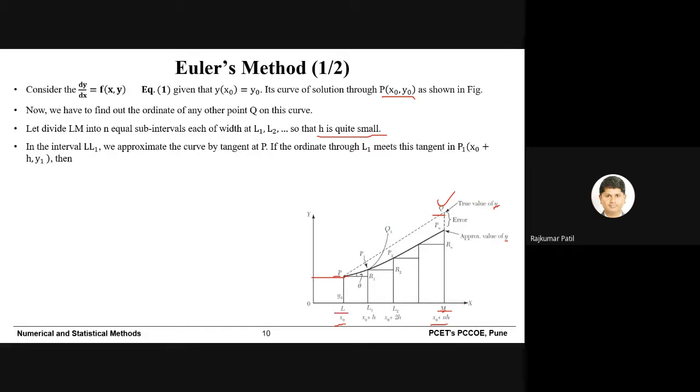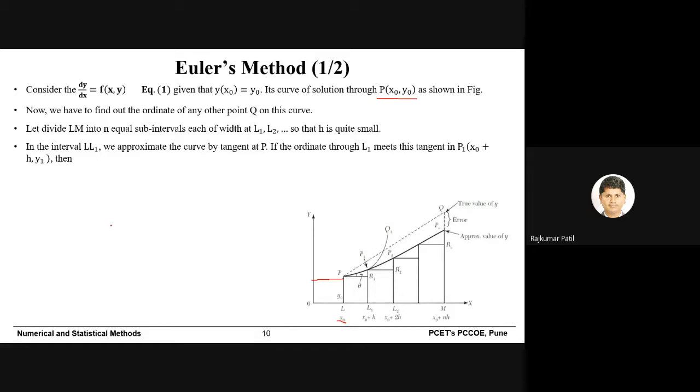Now slowly we will move ahead and try to find the next approximate value starting with P. Let me select the pen once again. Okay, so we will start from point P. As I already mentioned, it has two coordinates, that is x coordinate is x naught and y is y naught, which is already given to you.